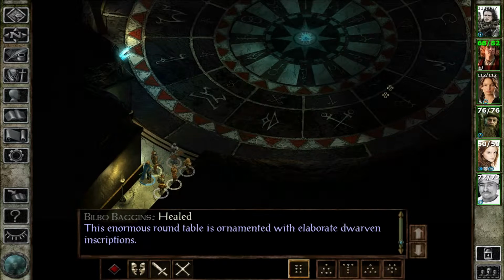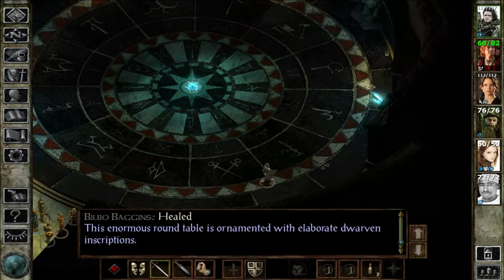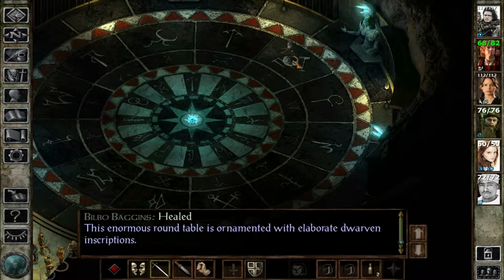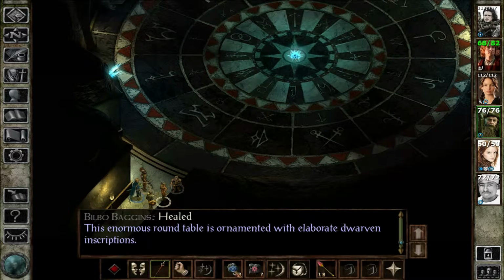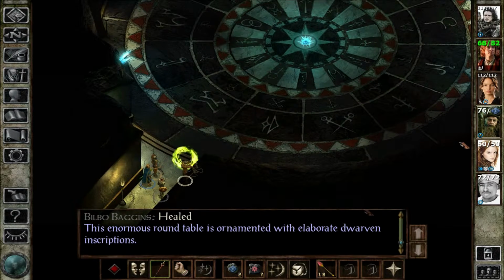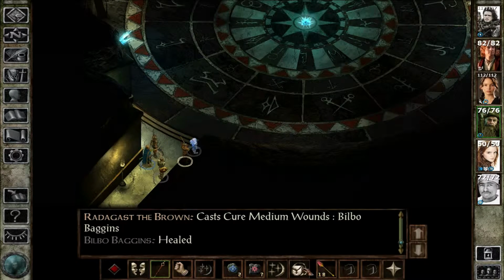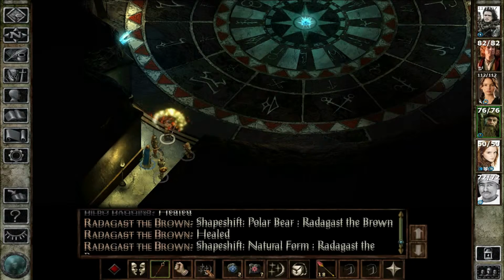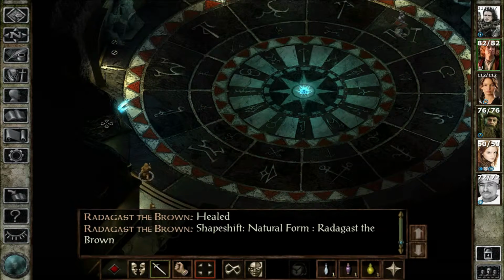So let's take our most healthy people. Let's move. And we'll go all the way around, I think. It was about at this level we got attacked. Anything? Any clicks? Okay, well, let's give Bilbo another heal. We could actually use Radagast. The bear? Does the bear have the most health? Oh, he has the same amount of health. I thought it'd get extra health. Apparently not. Okay, so we'll go with Bilbo, and we want to stand on